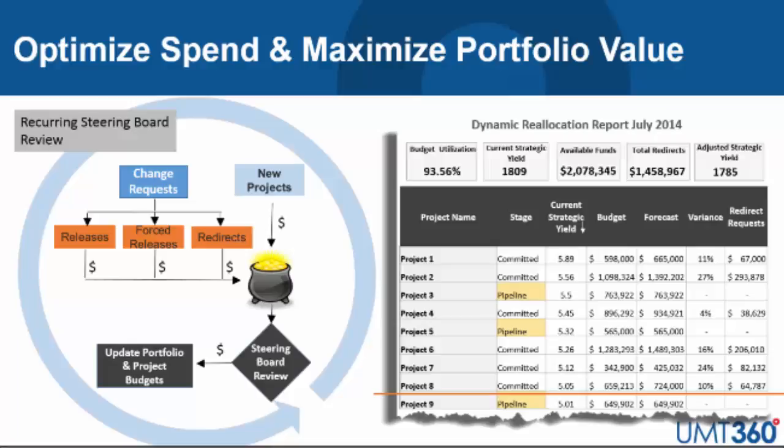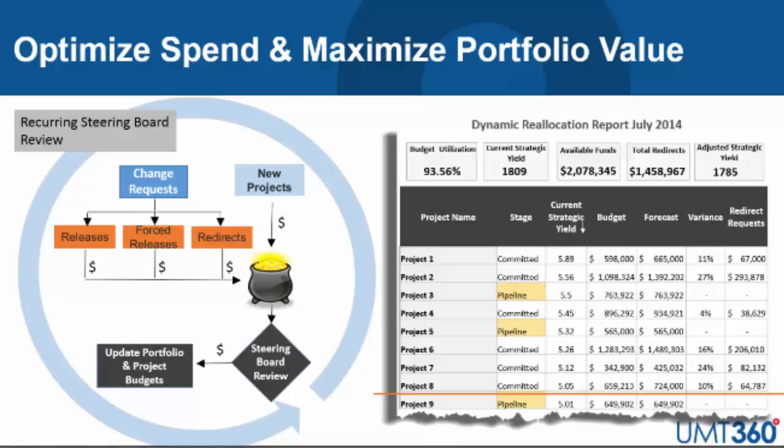What the steering committee looks to do is evaluate additional fund requests and also the takebacks, to approve any money that needs to be forcefully taken back. But before they can evaluate whether to fund more or give more money to existing projects, they also need to look at competing projects in the pipeline, new projects that haven't yet been approved. And that's the key: to balance the new projects in the portfolio with the existing projects in the portfolio to maximize the overall value. So this report on the right here really shows you that you can focus on understanding